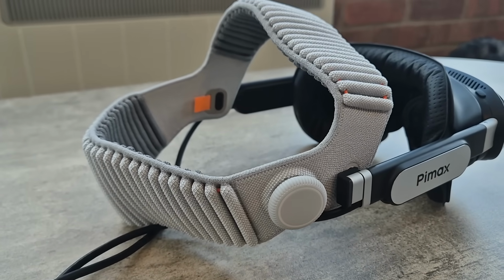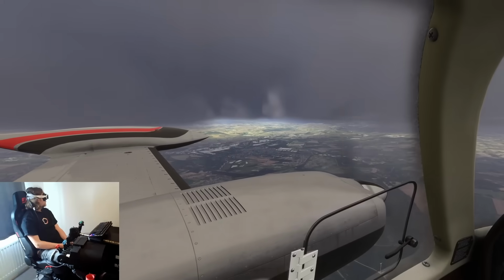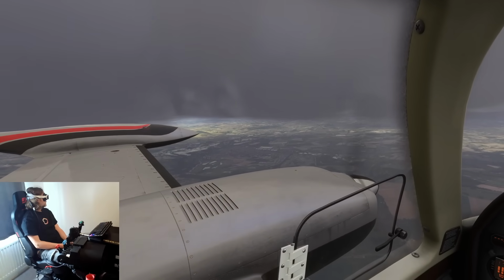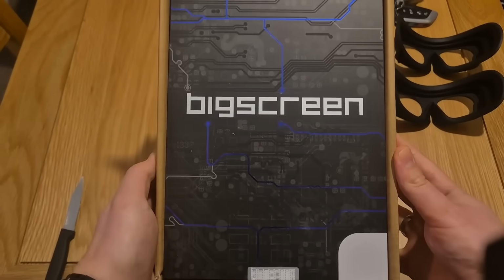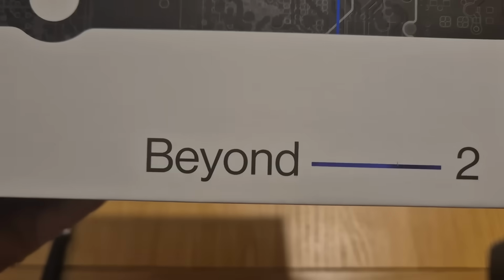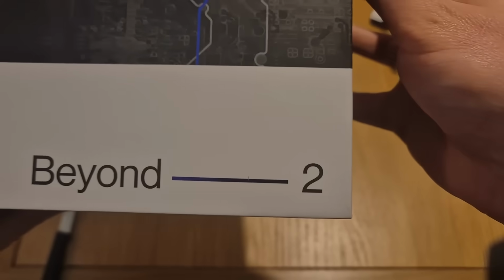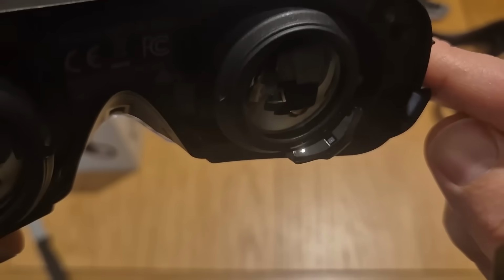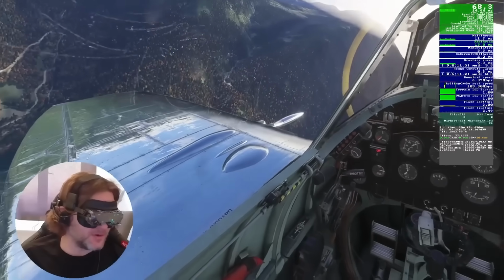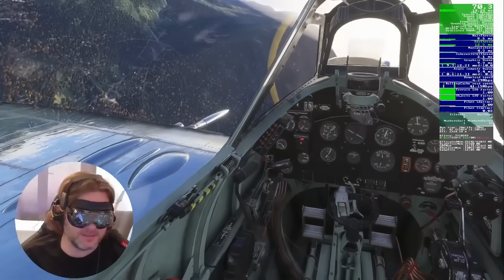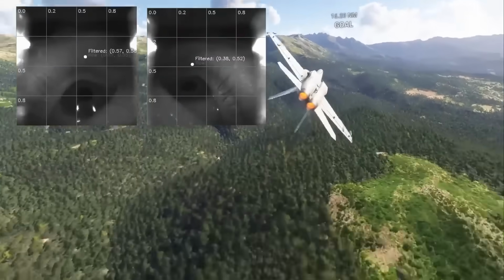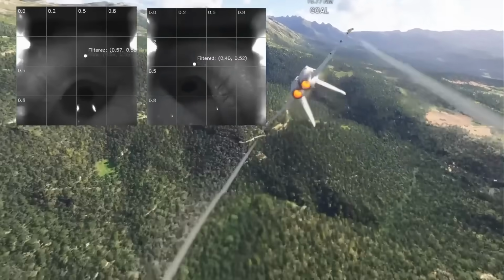So let's just quickly talk then about the conclusion. It's pretty obvious for me personally that I wholeheartedly recommend the Bigscreen Beyond version 2E over the Dream Air SE right now, even though it's more money, even though you need controllers with it, even though you need base stations. What a shame. And that is frustrating because really the Dream Air SE on paper completely wins this particular comparison